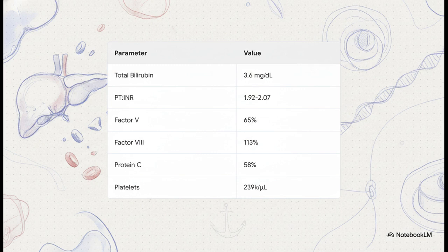This is a key feature of end-stage liver disease, what we often call rebalanced hemostasis. And on top of that, her protein C, a natural anticoagulant that also comes from the liver, is low. So what do we have? We have a patient with a high INR, suggesting bleeding risk, but also high levels of a key procoagulant factor and low levels of a key anticoagulant, all superimposed on her baseline severely hypercoagulable APS. This is the hemostatic nightmare we had to manage.